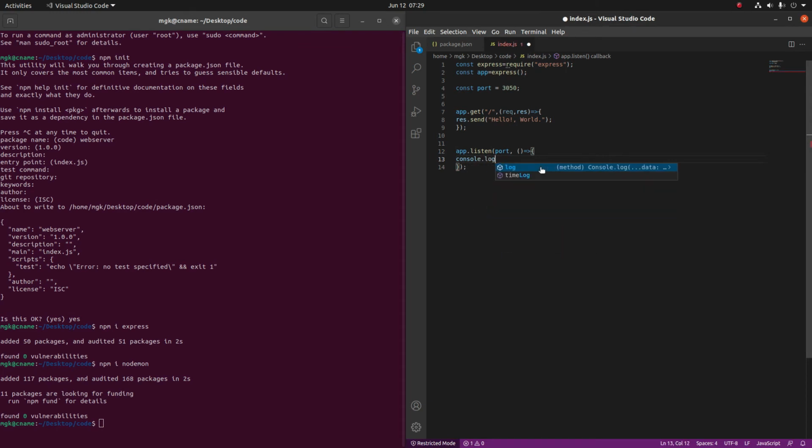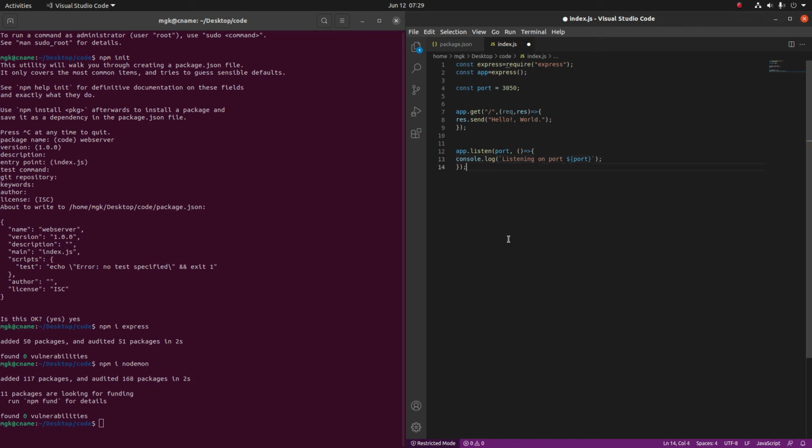So console.log, you can put anything here, it does not matter. Let us say listening on port and then the port name. We need to use backticks for this syntax to run.